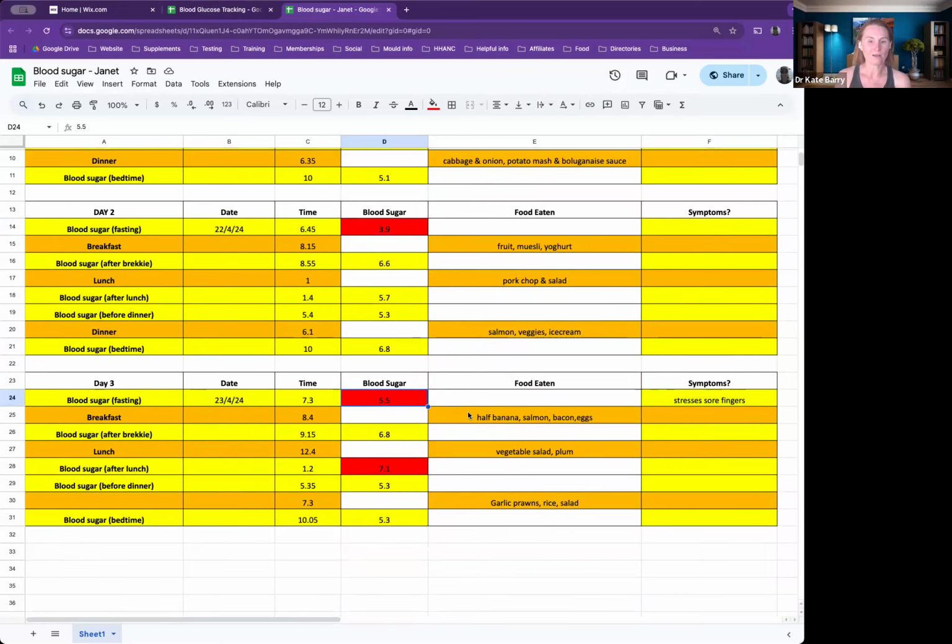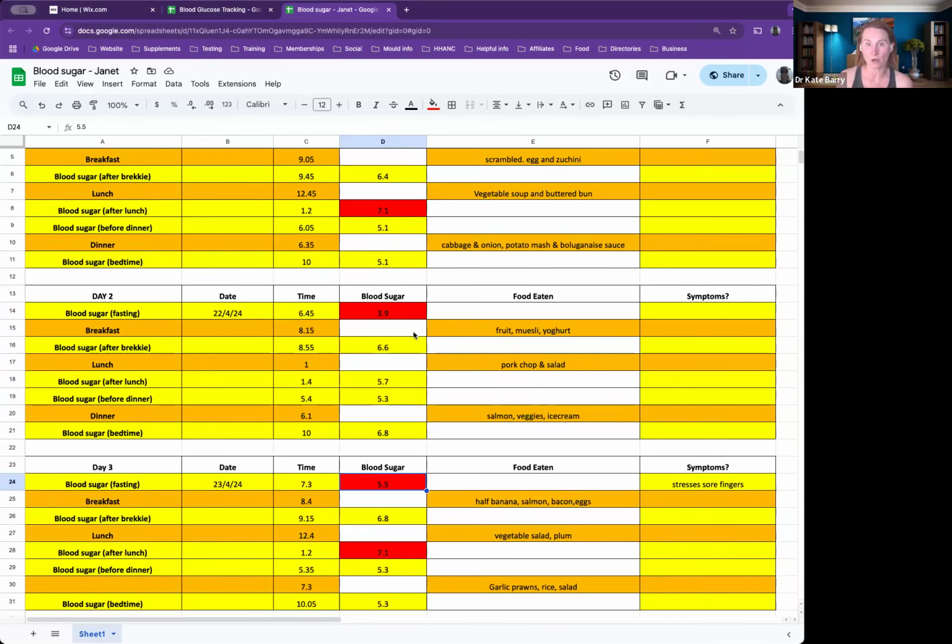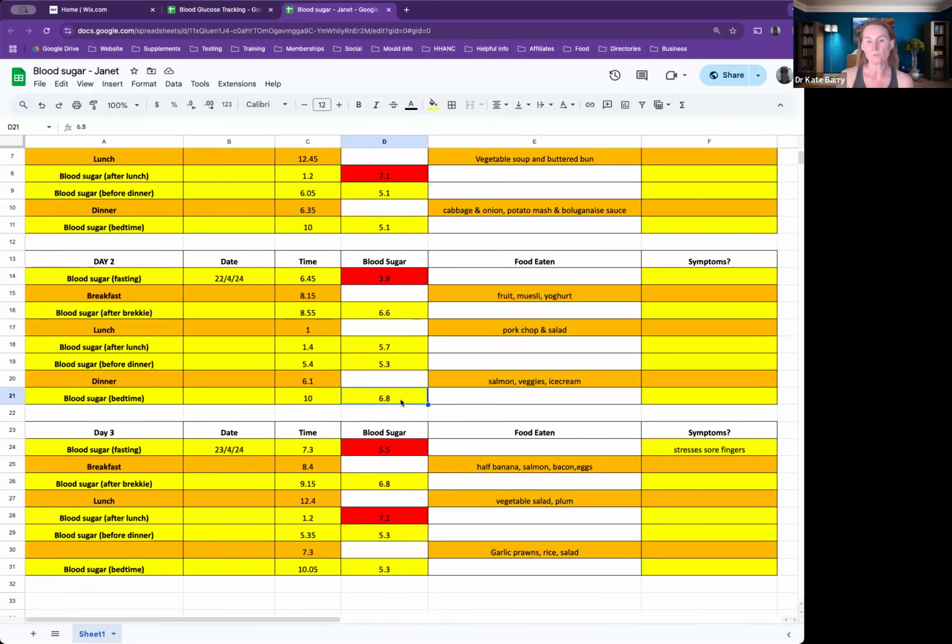Moving on to 5.5, that's definitely a little bit high. Now, the first thing I do when a fasting glucose is a bit high, especially when it's not consistently high on the other days, is look to see what was going on at bedtime the night before. And you can see that even though it's not above 7, it's quite high, right? So she's had salmon, veggies, and ice cream for dinner. And then a whole 4 hours later,